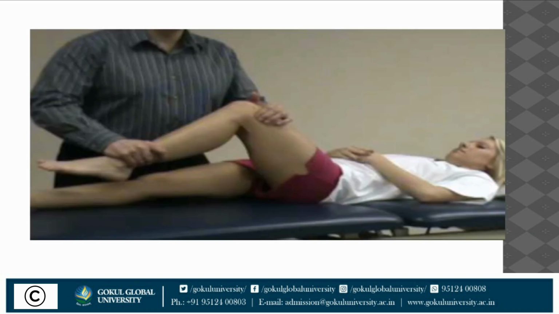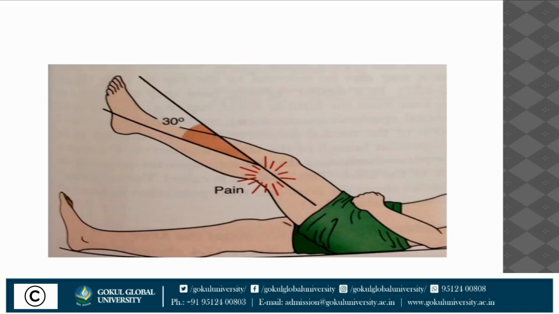As we learned, the patient is in supine lying, knees flexed 90 degree with hip flexion. Now the therapist applies pressure to the lateral femoral epicondyle. As we can see, the left hand of the therapist is on the lateral side of the lower thigh or upper part of the knee, applying pressure to the lateral femoral epicondyle or 1 to 2 centimeter proximal to it. While the pressure is maintained, the patient slowly extends the knee. So you have to ask the patient to slowly extend the knee like this.